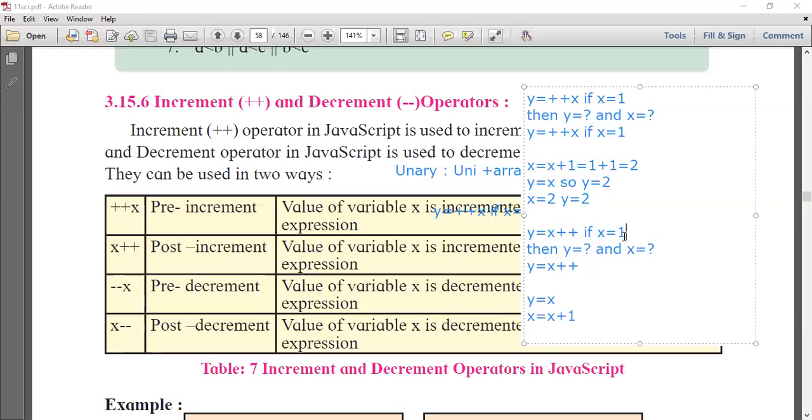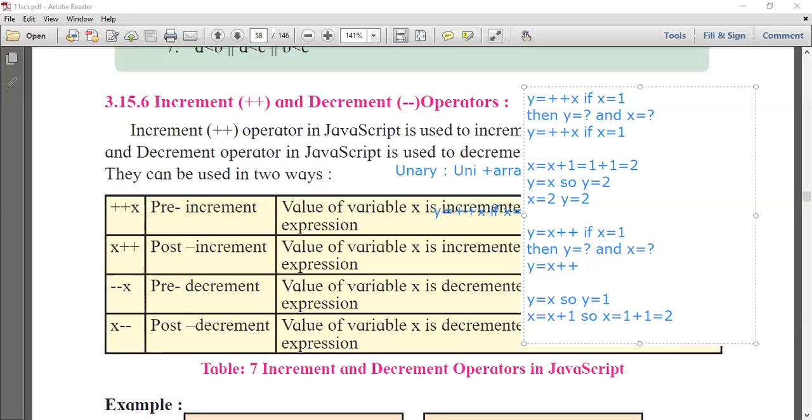Here y and x you have to find, and x is equal to 1 is given. If x is equal to 1, it will be substituted here, so you will get y is equal to 1. And the value of x is 1, so x is equal to 1 plus 1, that is 2.